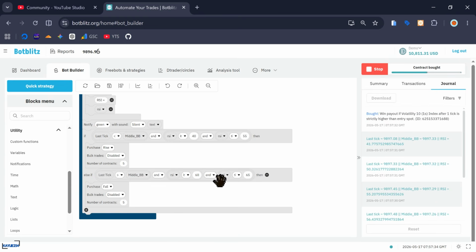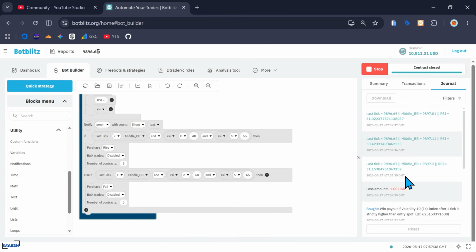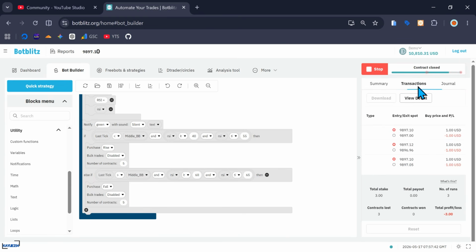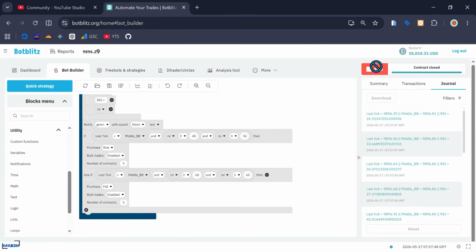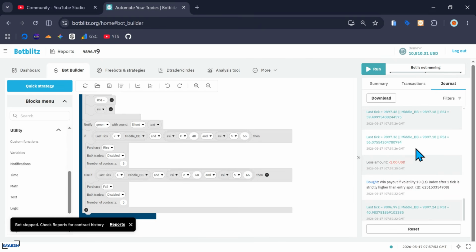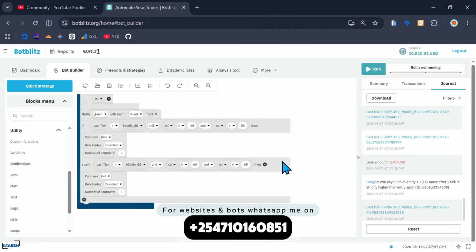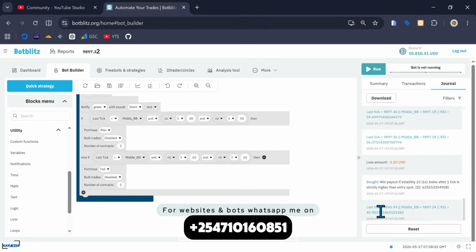Another contract. You see, by widening the gap for the RSI, we kind of have some contracts running, but now it loses the original logic required by the owner, because you can see you are having some rise contracts right there. So I'm gonna pause to review those moments that we have taken a contract. For rise to happen, last tick should be less than the middle band. So let's review. Last tick is